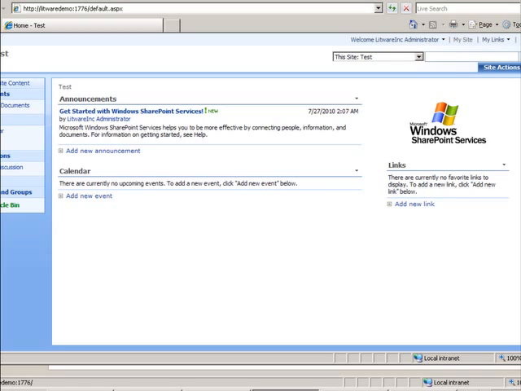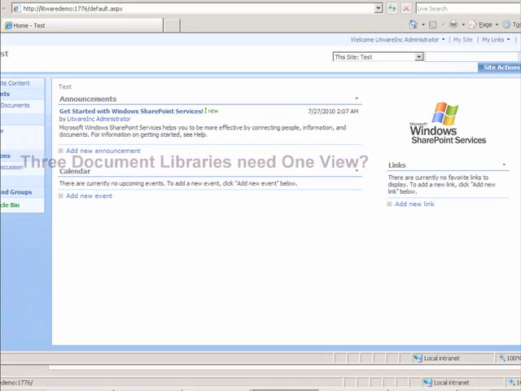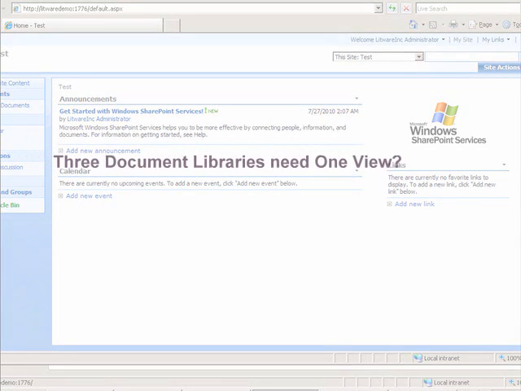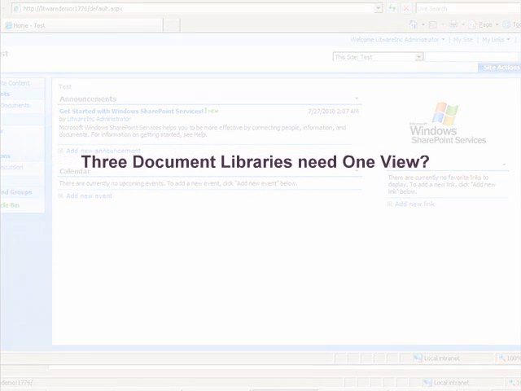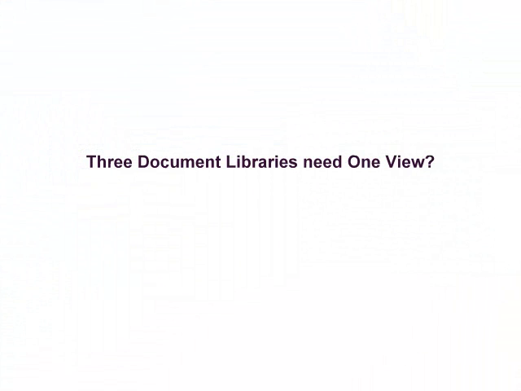I potentially could have over 5 million documents in each one of these document libraries, so I've got restrictions placed on me by SharePoint about the document library size. The thing is, though, that I want to give every user a combined view. I want to make this a very simple system where they get one view and they can see all their